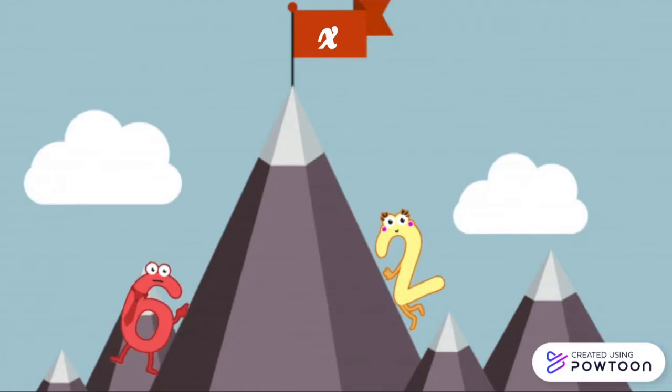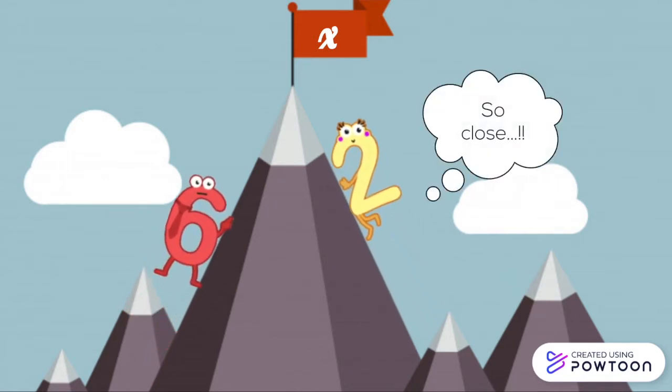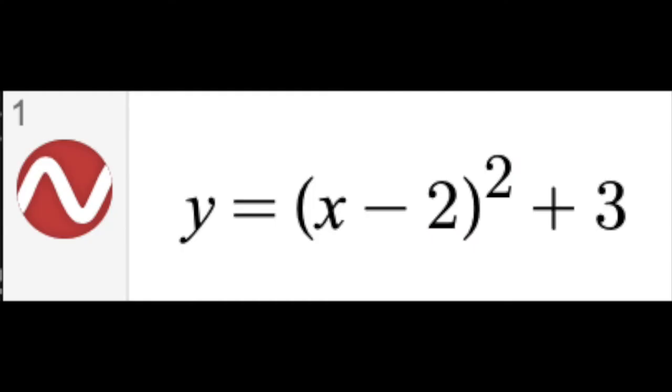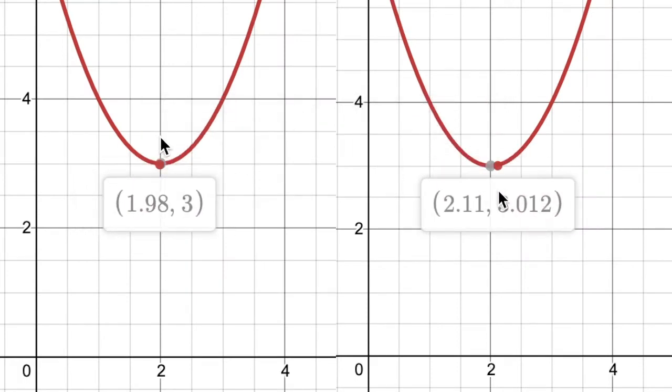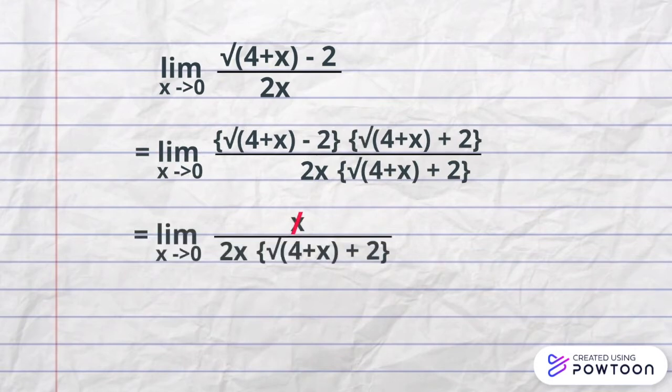Limits are similar to solving a function by substituting an x value, except that the x value never gets equal, but just gets closer and closer and is put to its limit up to the thousandth decimal point. For example, in this function, as the x value gets closer but not equal to 2, the y value gets closer to 3. We can also modify equations if they don't make sense. For example, 0 over 0.